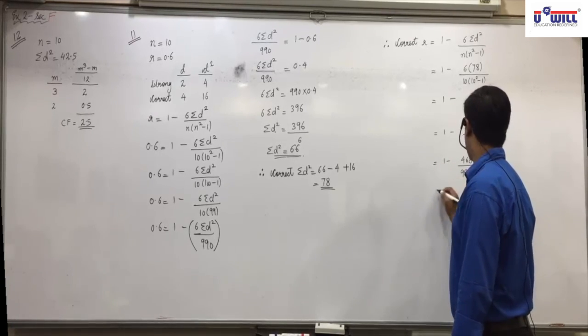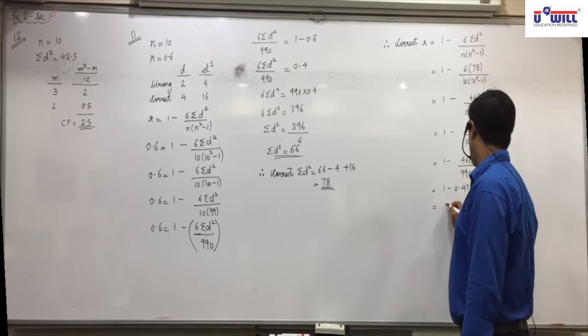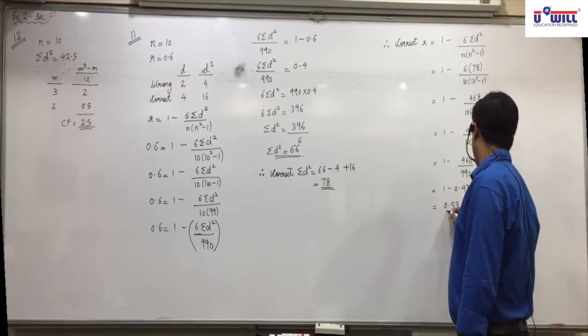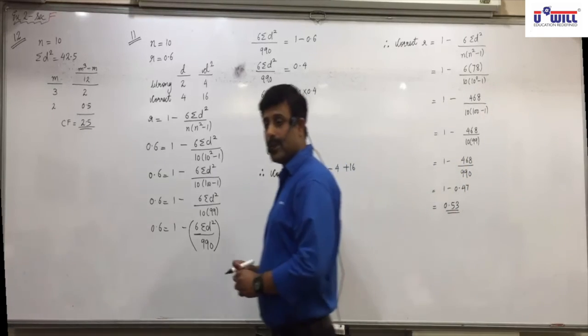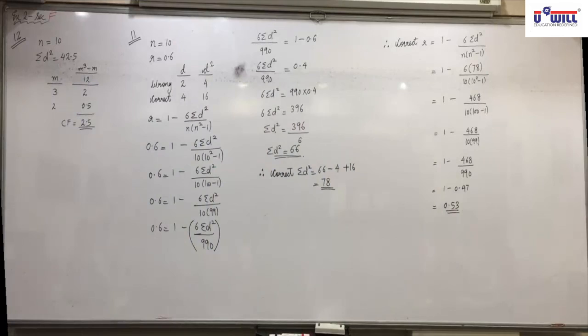What is 468 upon 990? 0.47. And 0.5. Any confusion in this? No. So the rank correlation is also completely